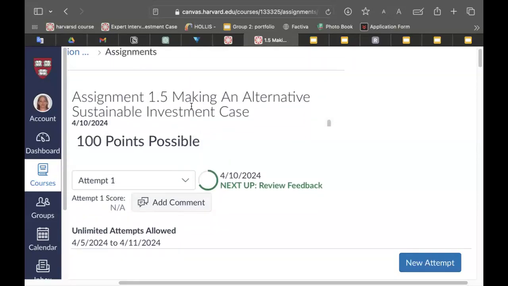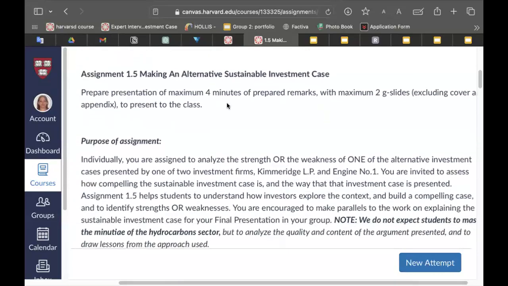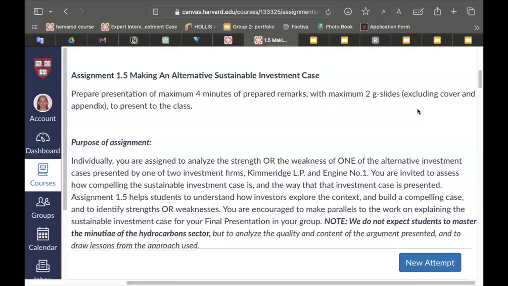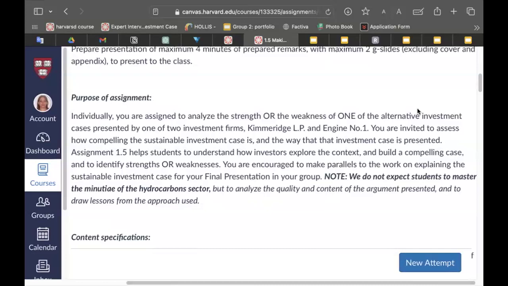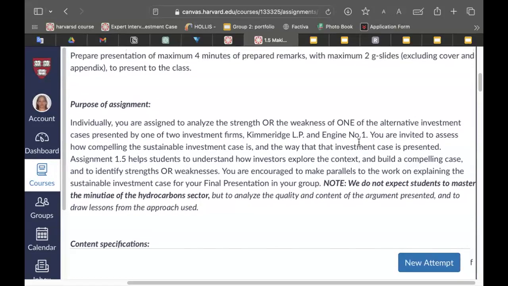Assignment 1.5, making an alternative sustainable investment case for 10 April 2024. Prepare a presentation of maximum 4 minutes of prepared remarks with a maximum of 2 Google slides, excluding cover and appendix, to present to the class. Purpose of assignment: individually, you are assigned to analyze the strengths or the weaknesses of one of the